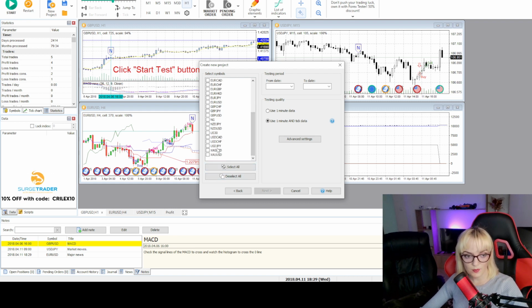When you create a new project, you have to select the pairs or the symbols you want to trade. For me, it will be only the USD JPY, and here you have to choose from what date you want to backtest. As you can see here, Forex Tester 5 offers you very good data regarding the 1 minute time frame. So if there are any order block traders or other traders who maybe scalp and need the 1 minute data, you can consider this Forex Tester 5,